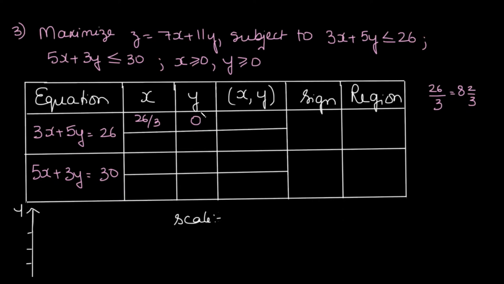Then similarly, with respect to the other point, when we put x as 0, y comes out as 26 upon 5. So again, let us convert 26 upon 5 into a mixed fraction. In the table of 5, 5 5s are 25, plus 1 is 26. So it becomes 5 and 1 upon 5. That means this particular point 26 upon 5 lies between 5 and 6 on the y-axis. So that is what we are going to consider here. So our points are this way.